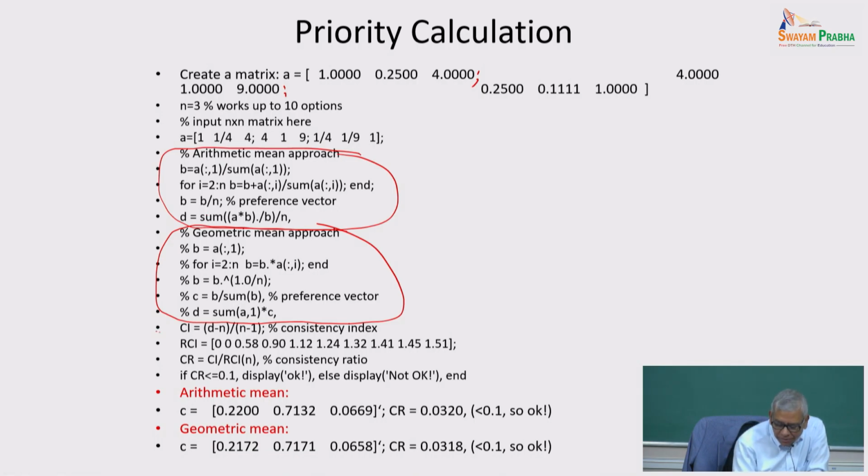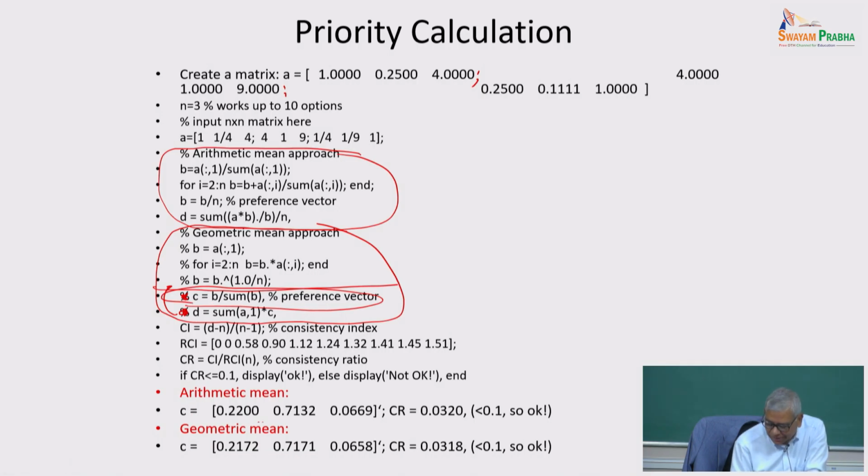Sorry, where did I finish? I have to finish here. So C I have to compute. Why don't I have it? One second. Where is my C on the arithmetic mean? No, I think this should not be commented. So C is common for both. So once we get the D and the B, you compute C. D is probably for that one. Anyway, we are going to just uncomment this. Okay. So you get C.